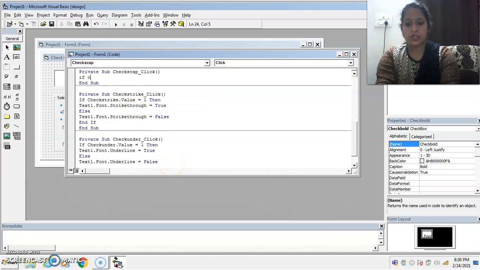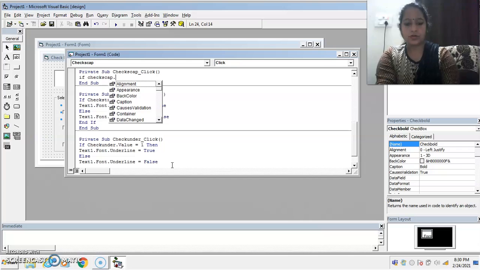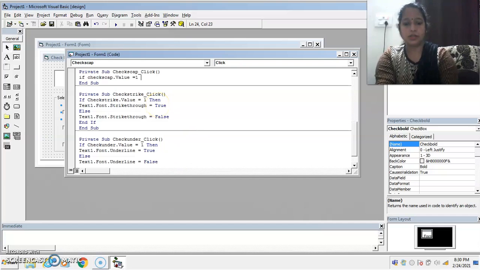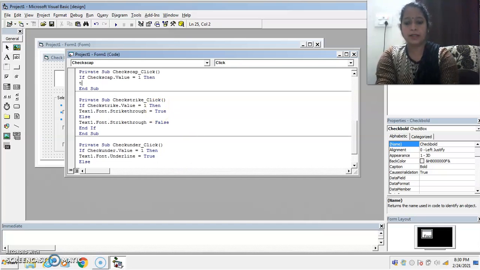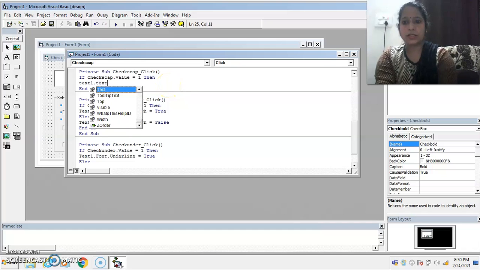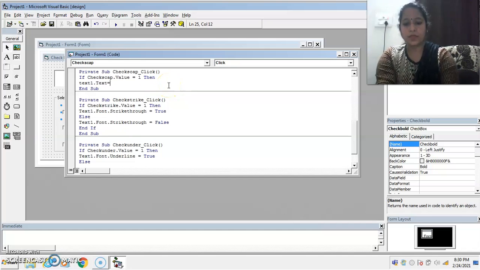If check s cap dot value is equal to 1, then Text1 dot text is equal to lcase Text1 dot text.